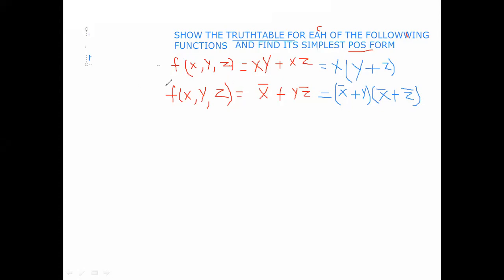Now take the first one, that is f of x, y, z is equal to x into y plus z. In this problem, the truth table is also given to draw. That's why you draw the table also. By using the table, we draw the K-map here. That is very easy. Otherwise, how to do this? If you write the K-map, then compulsory you know the X value, Y value, Z value.